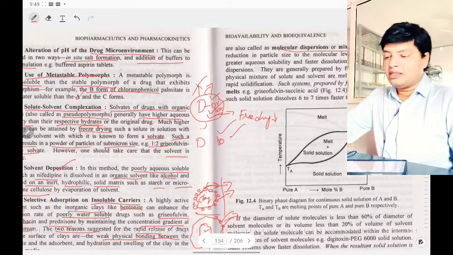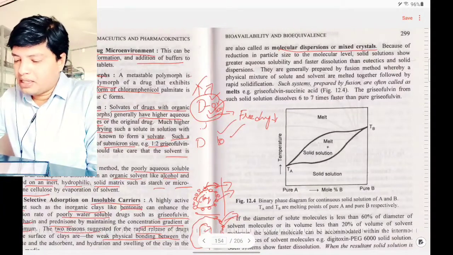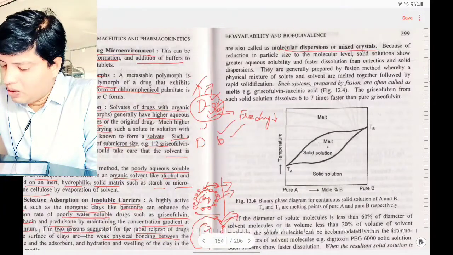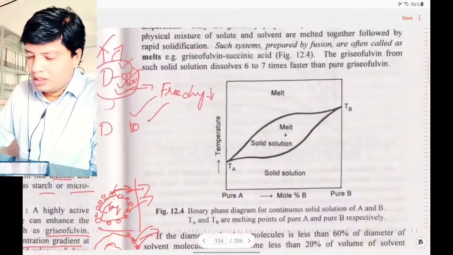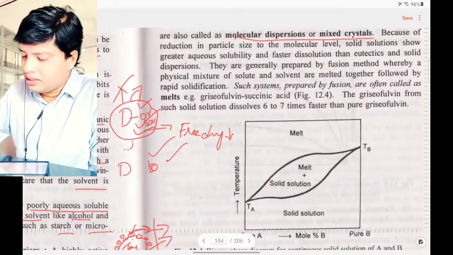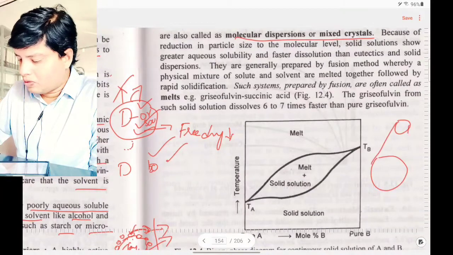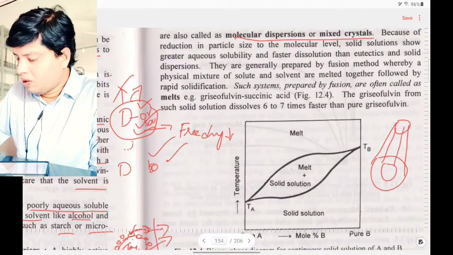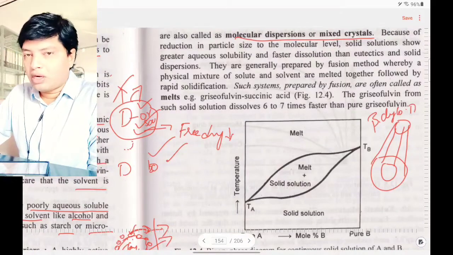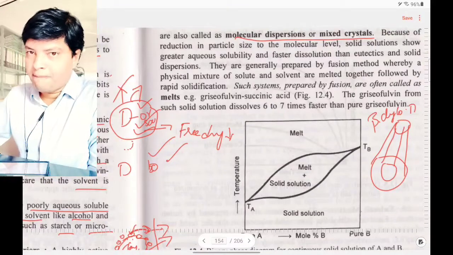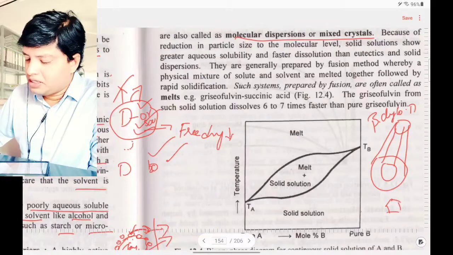What is happening here, I will tell you with one example, that is beta cyclodextrin. Beta cyclodextrin is cone shaped, like this. I have taught this in the complexation chapter, and I am teaching it again here. So this is the beta cyclodextrin. If we have a drug which is insoluble,